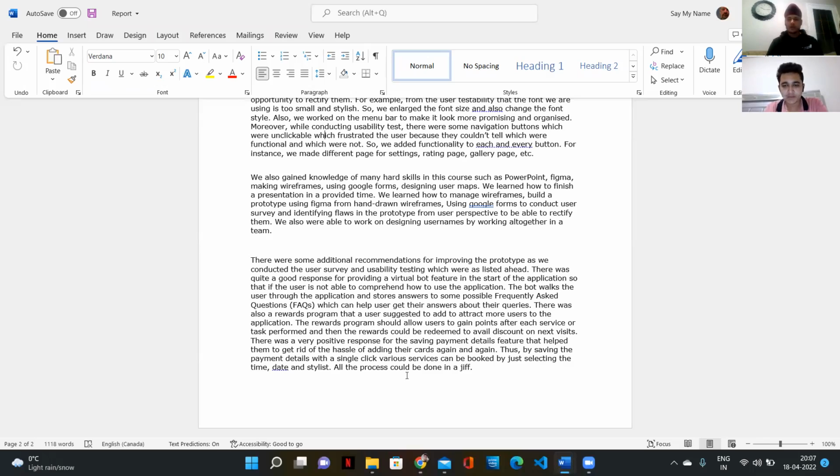So it was basically just to attract the users, so that they can use the app more frequently, and they can use those rewards and coins, you can say, in such a way that in less money they can avail more services and get the use of the app. And these were the two things for which the response from the customer side, the user side, was very high.